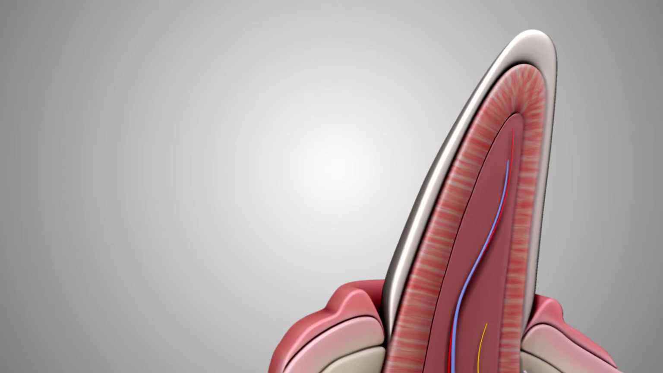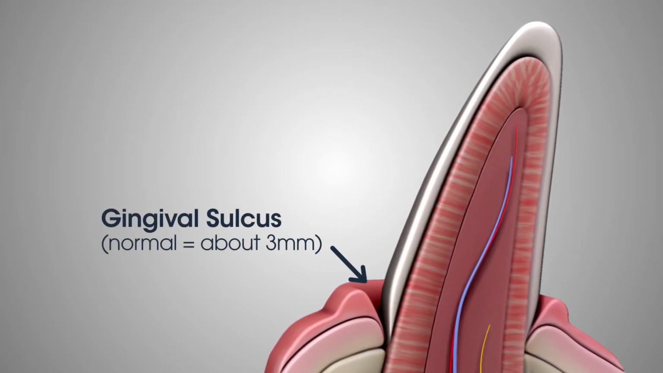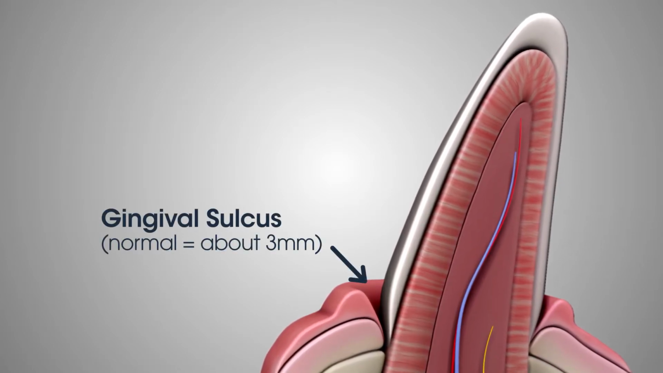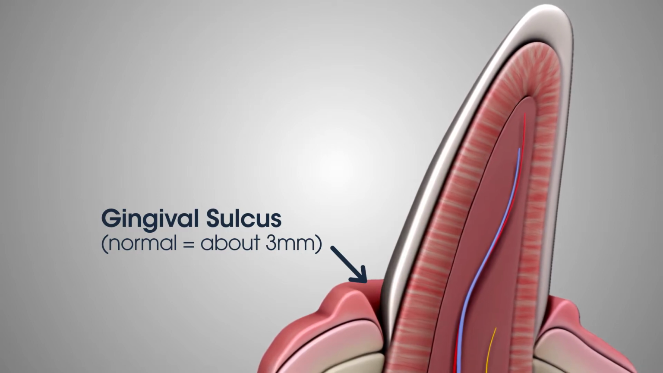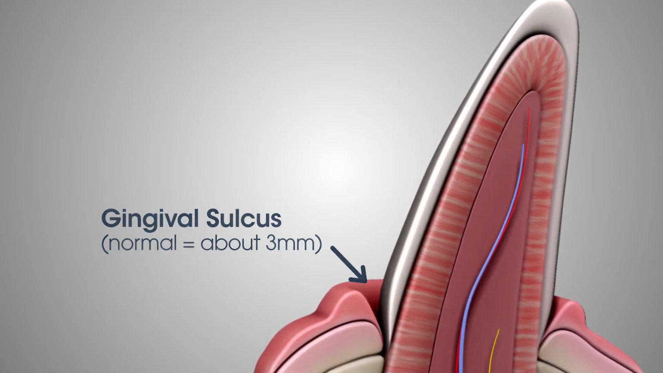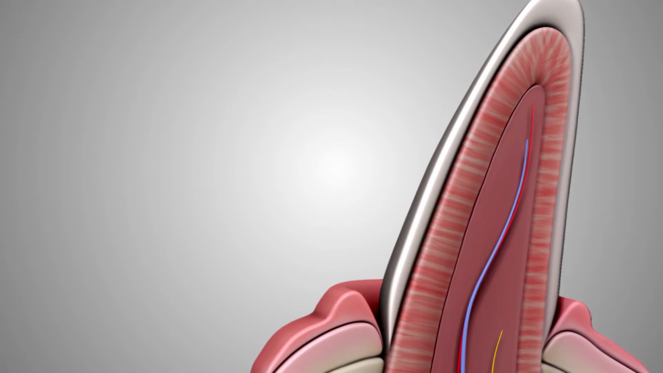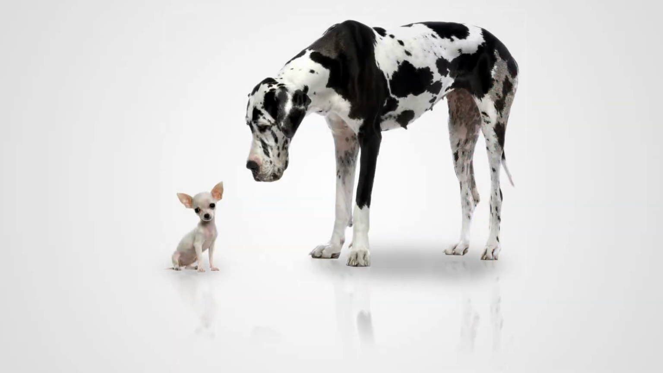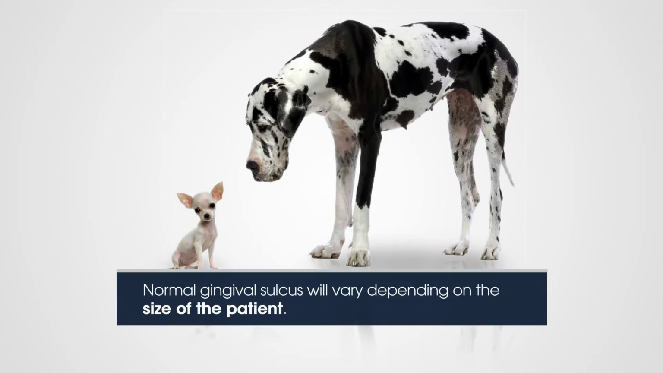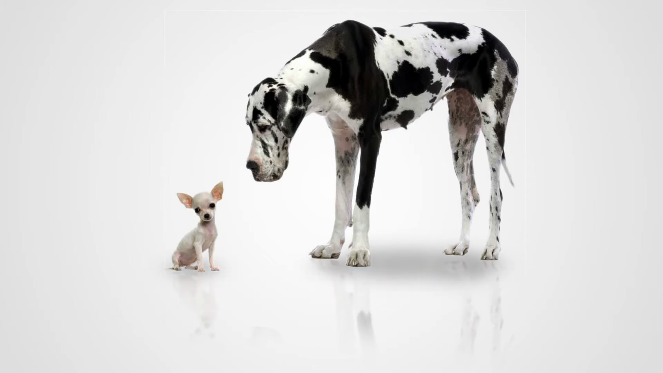The gingival sulcus is the space between the marginal gingival tissue and the tooth itself. Normal sulcus depth in a dog should be about 3 millimeters. That varies, obviously, dog to dog. Gingival sulcus depth of 3 millimeters in an incisor of a Great Dane is clinically not significant, but a gingival sulcus depth of 3 millimeters in the incisor of a Chihuahua is going to be clinically significant and indicative of